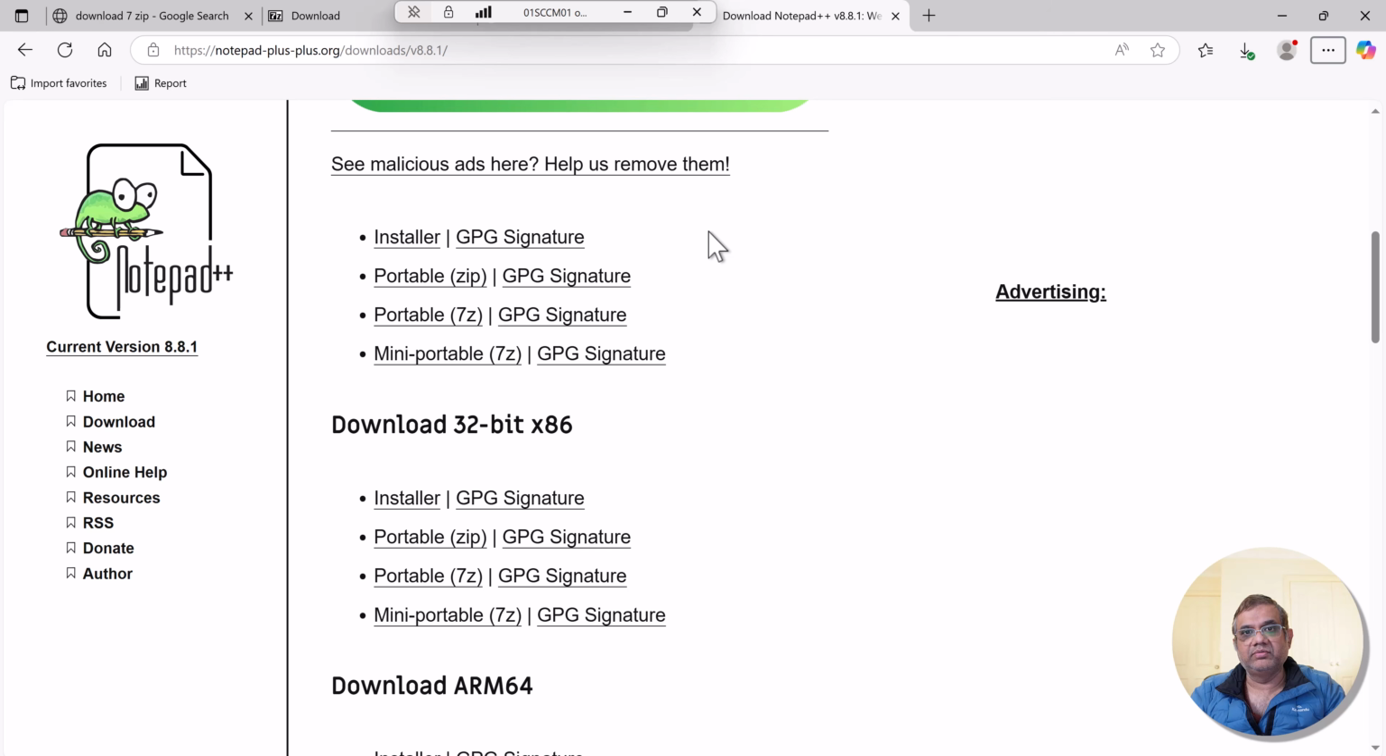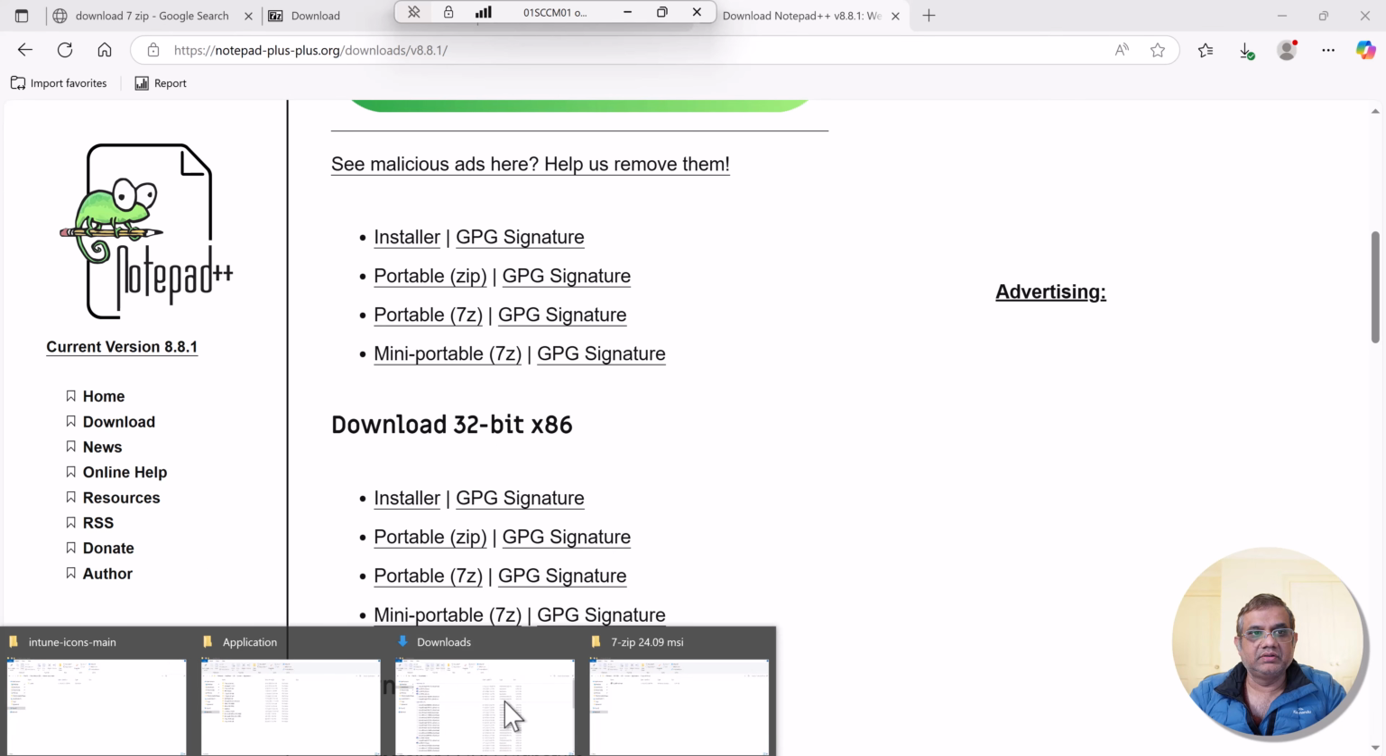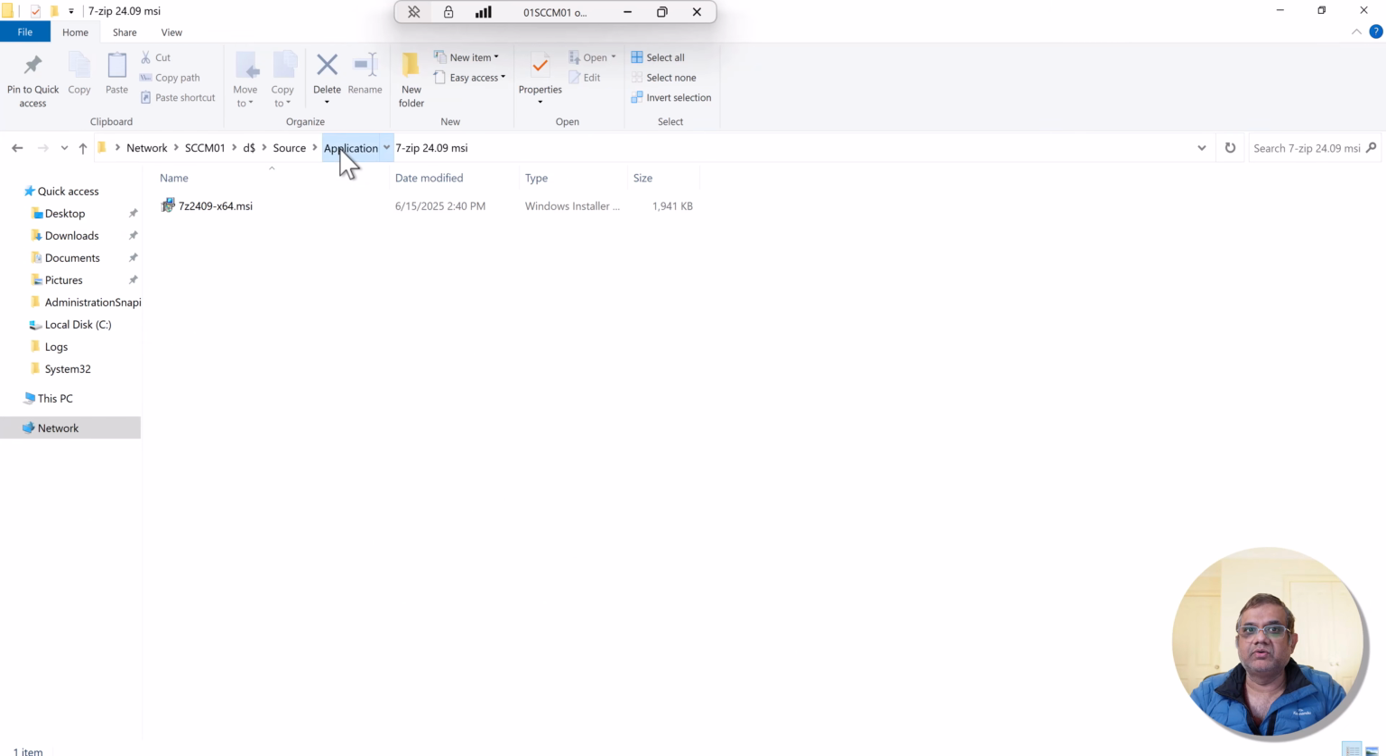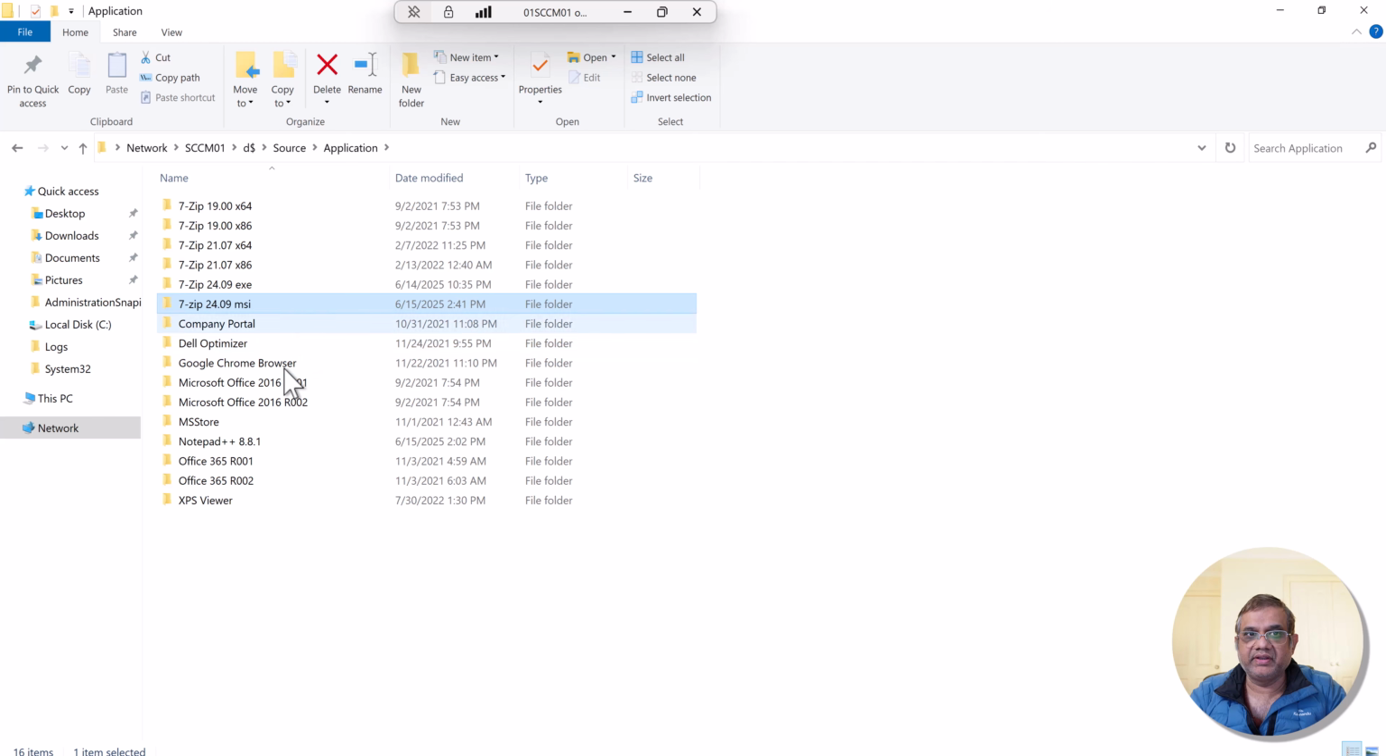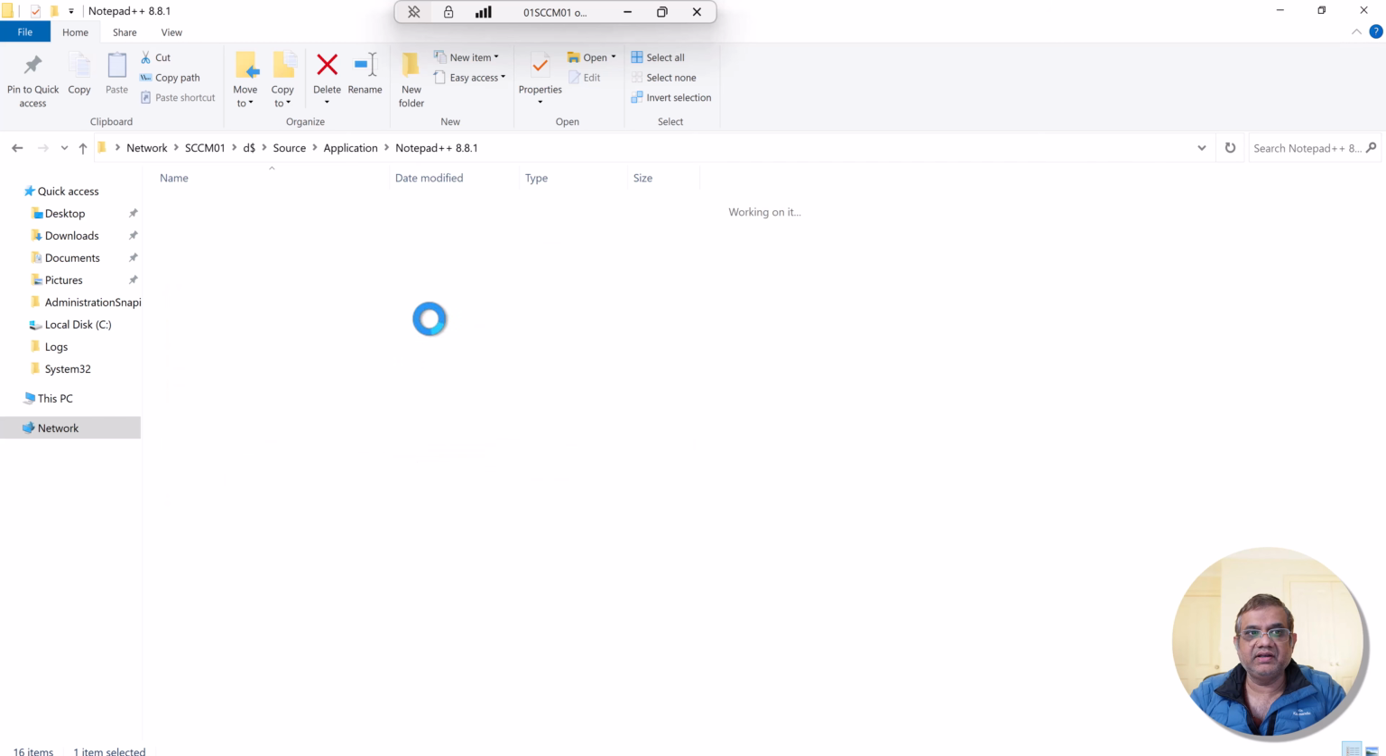We are still going to create the package because most of the time every vendor provides the silent install and uninstall command line. For this also, if you search on Google, you will be able to find the silent install and uninstall command line. I have that information available with me. Let me show you. This is my source. I have already downloaded Notepad++ 8.8.1. This is the exe file,